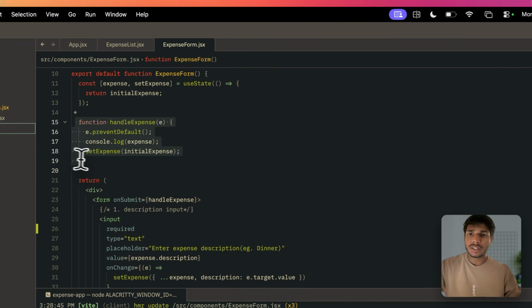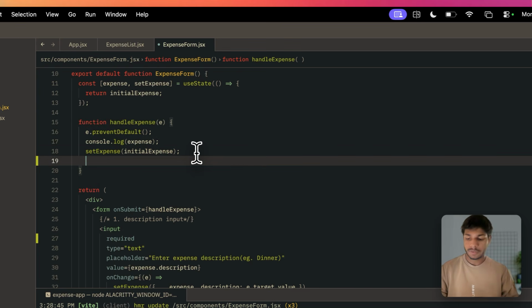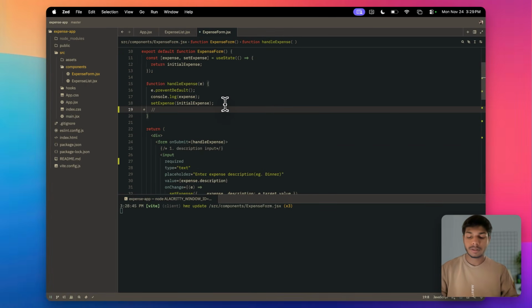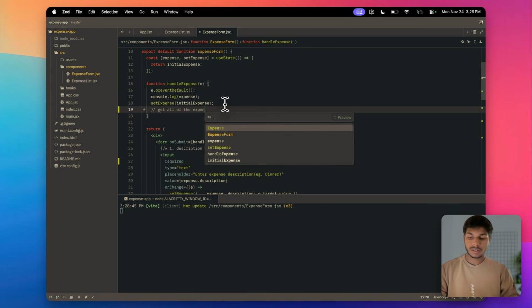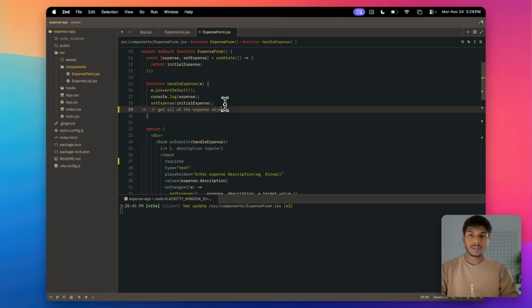So this function will get all the expense. So I'll just add a comment so we can remember it. I will say get all of the expense object and give it to the use local storage